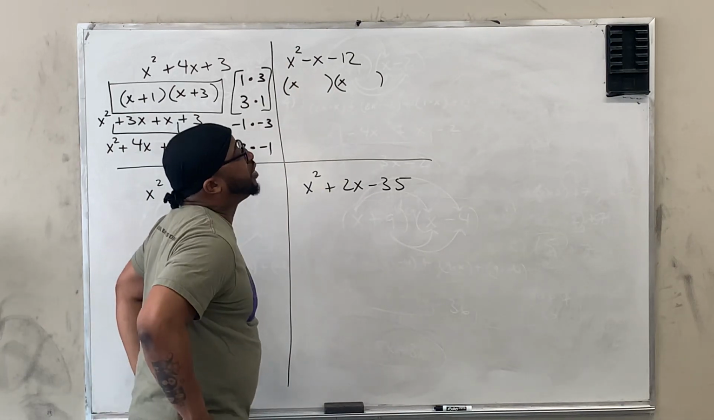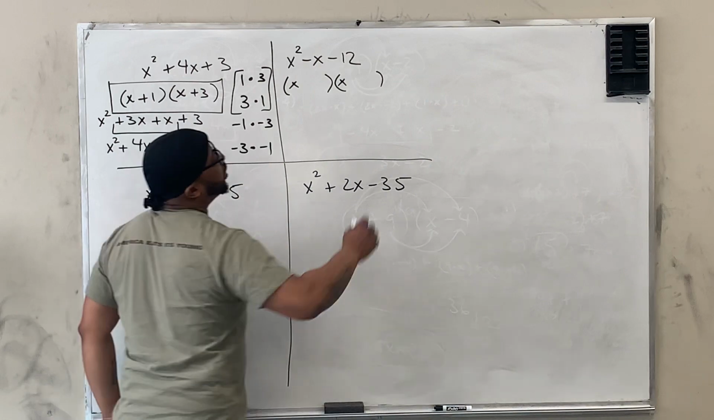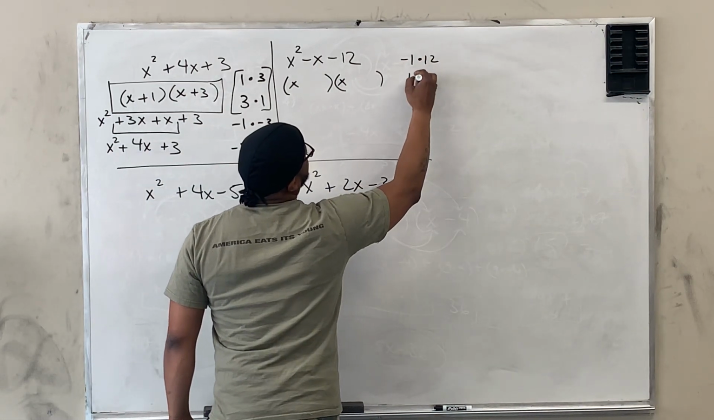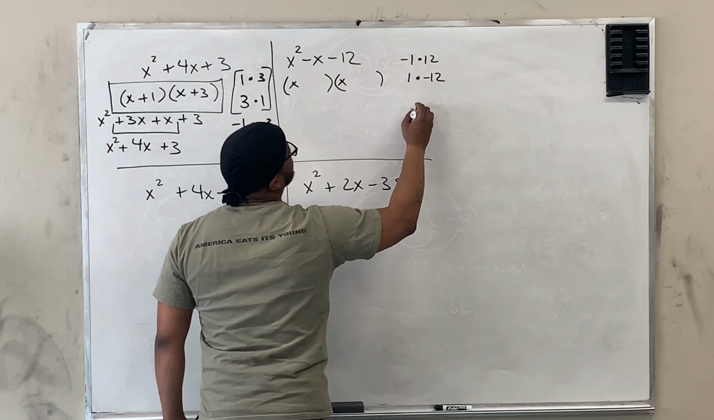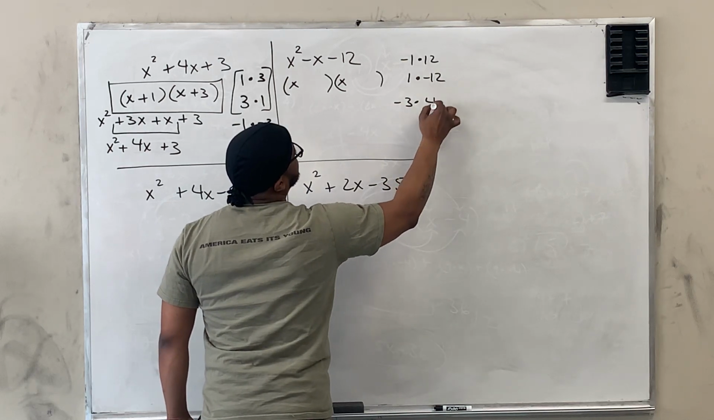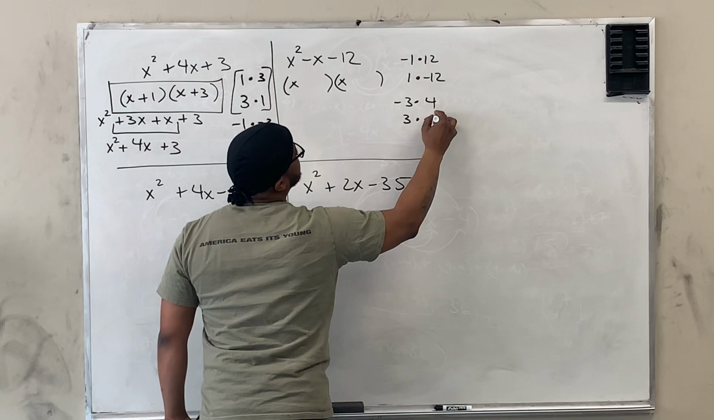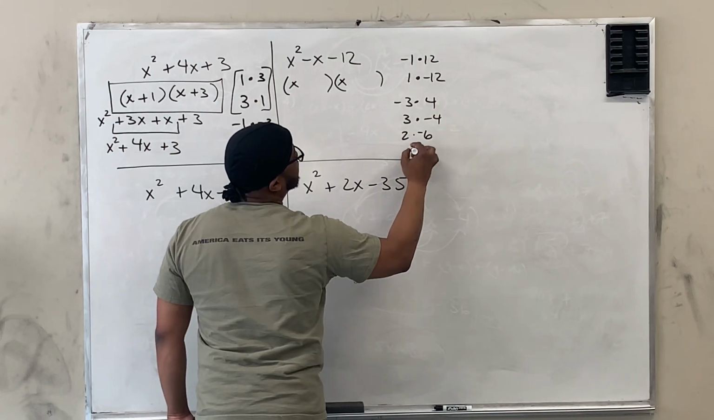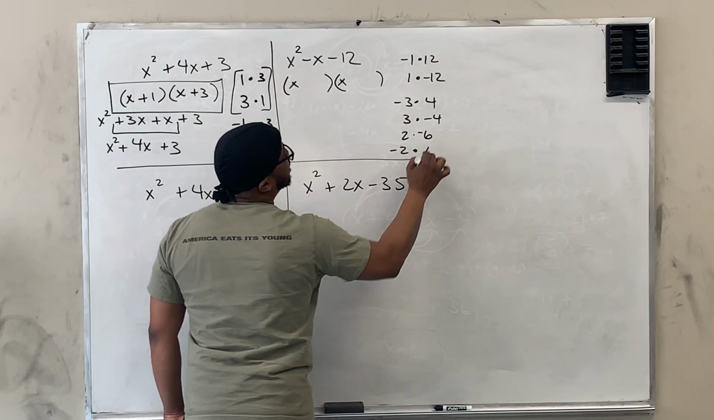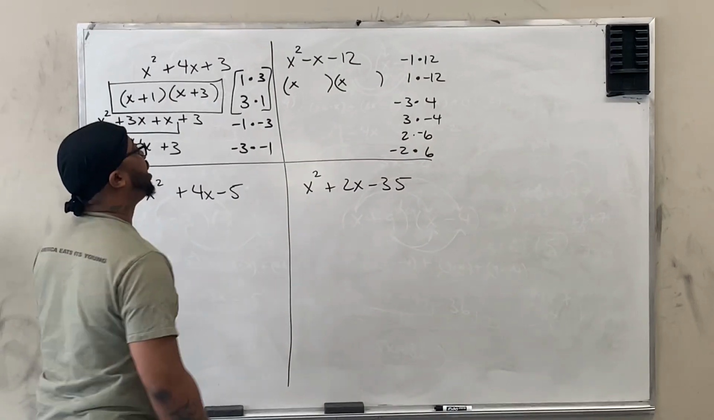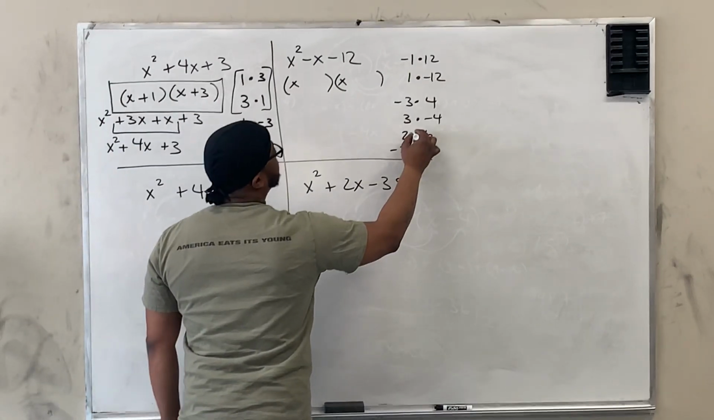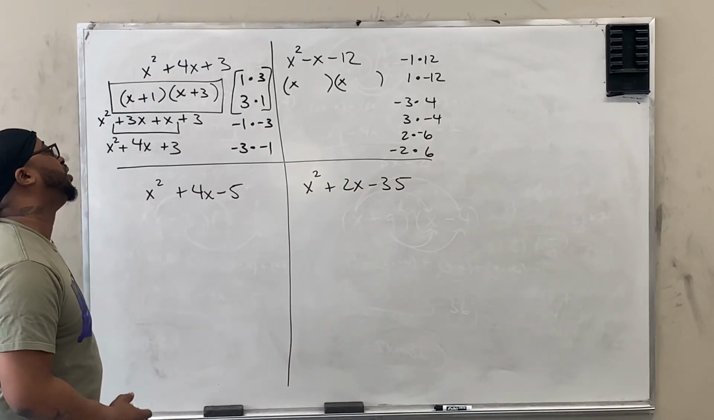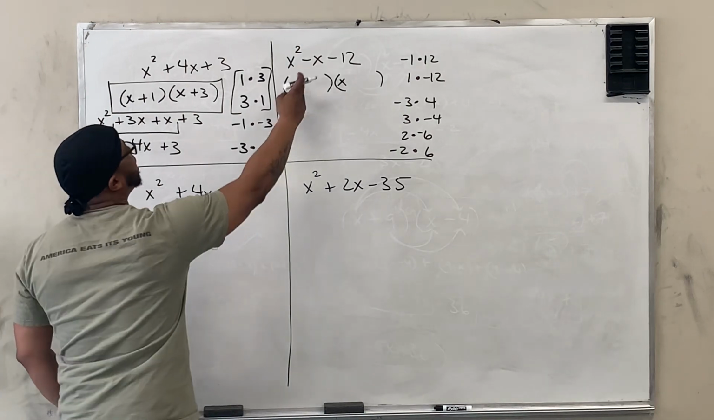So let's write down all of our multiples for -12. I got -1 times 12. I got 1 times -12. I got -3 times 4. Then I got 3 times -4. I have 2 times -6 and -2 times 6. And I believe that is all of them. Okay? So now when I look at this, I gotta see which one of these numbers would give me a